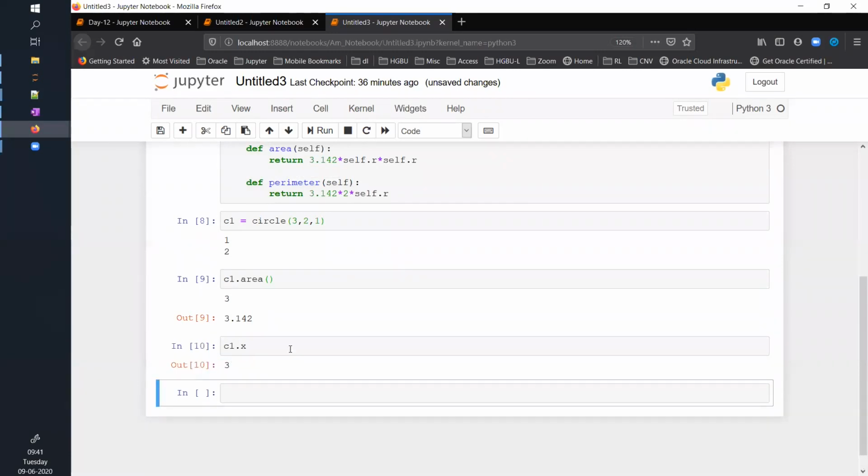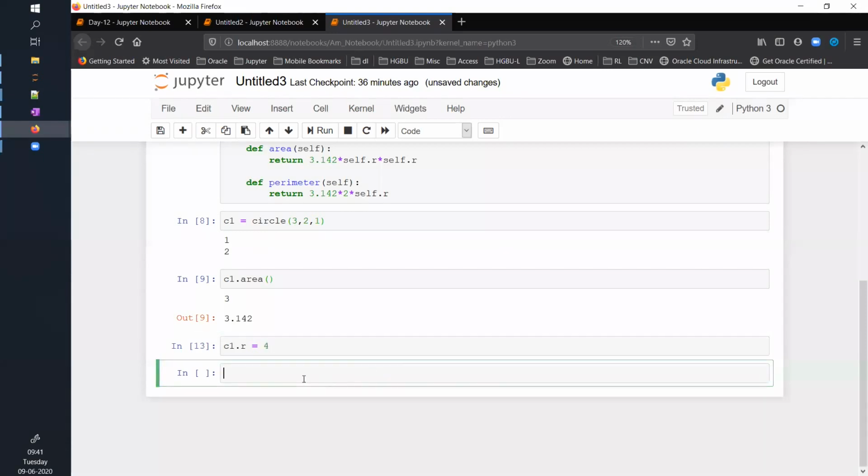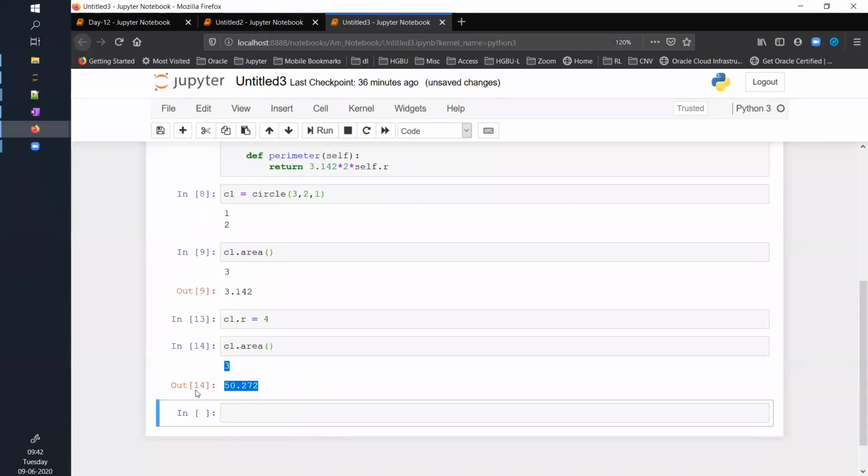I have direct access to these variables. C1 dot y equals 2, C1 dot r equals 1. I can even set it this way, C1 dot r equals 4. Now if I call C1 dot area, see this, it got changed. It's 50.272.